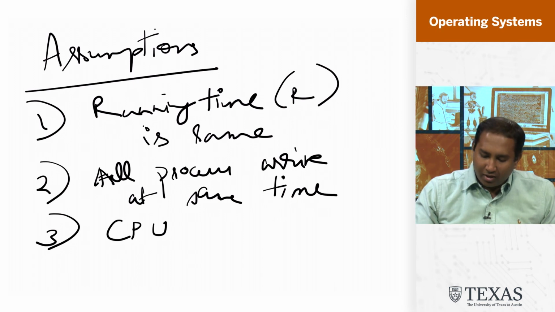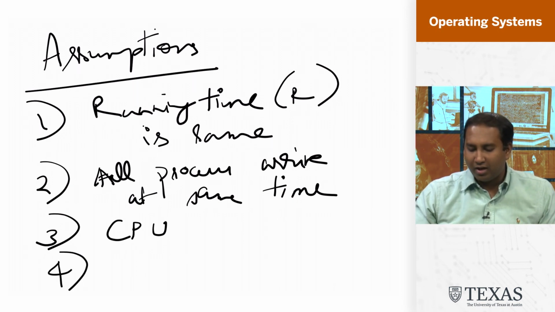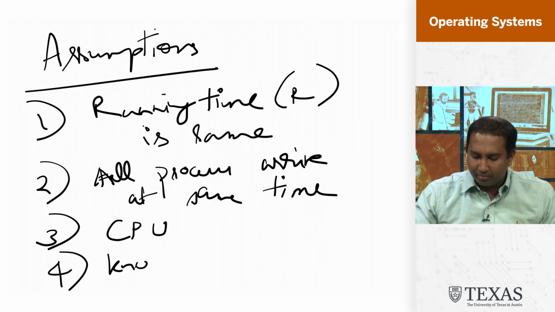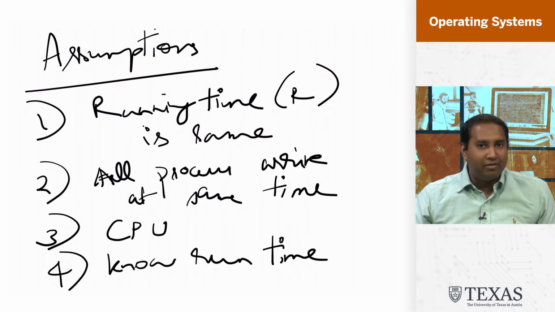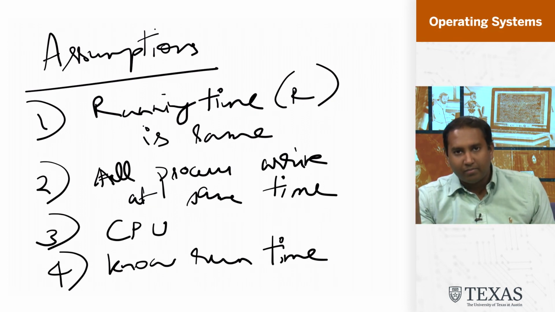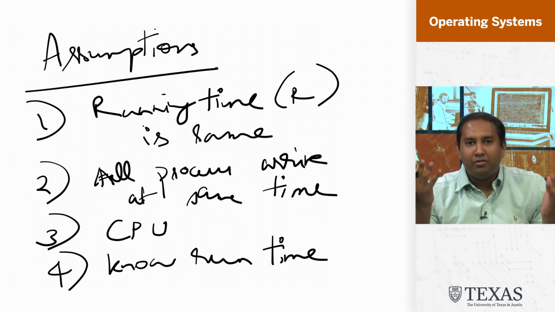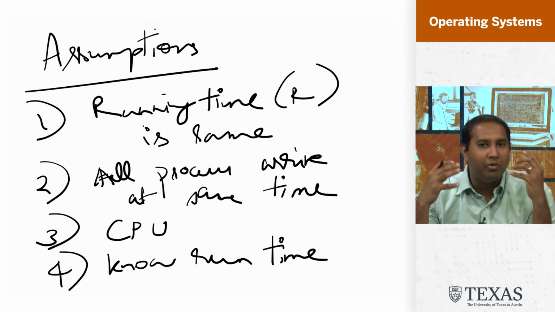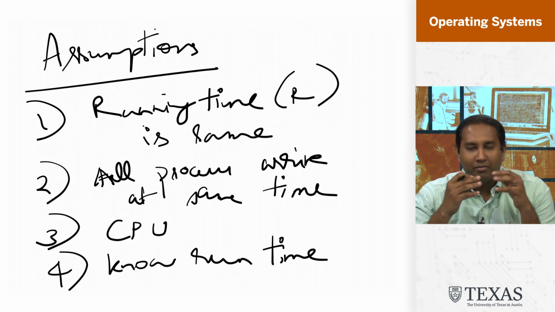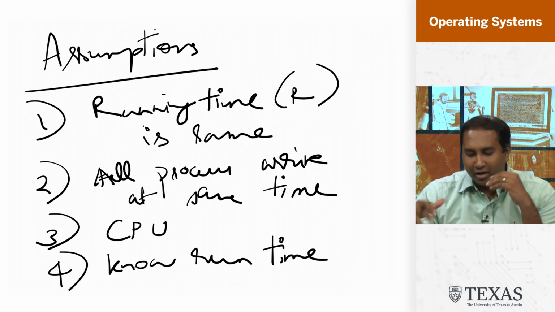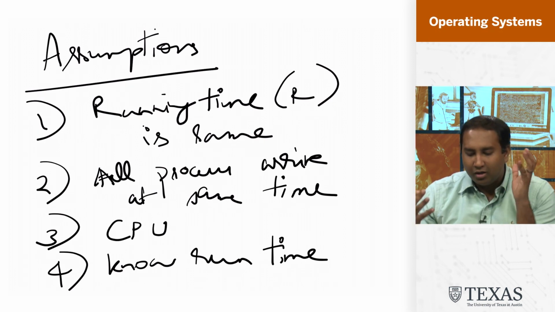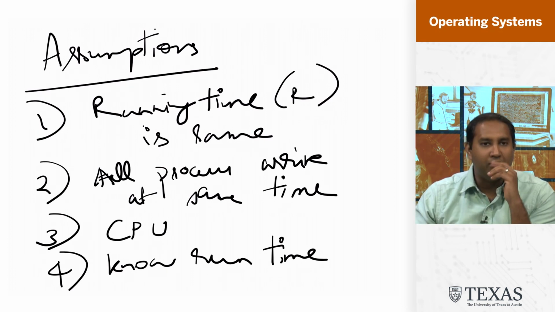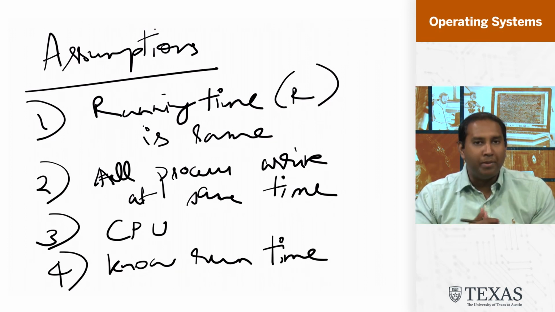Another assumption that we're going to make is that we know the runtime ahead of time. So basically, when a process says, give me some time on the processor, it also says, I would like to run for 10 seconds, right? And processes don't normally know that. They don't really know how much time they want to run. They run until they end, basically. So this is again an unrealistic assumption. So why are we making all these unrealistic assumptions? To see if we had all this knowledge, can we make an optimal decision?